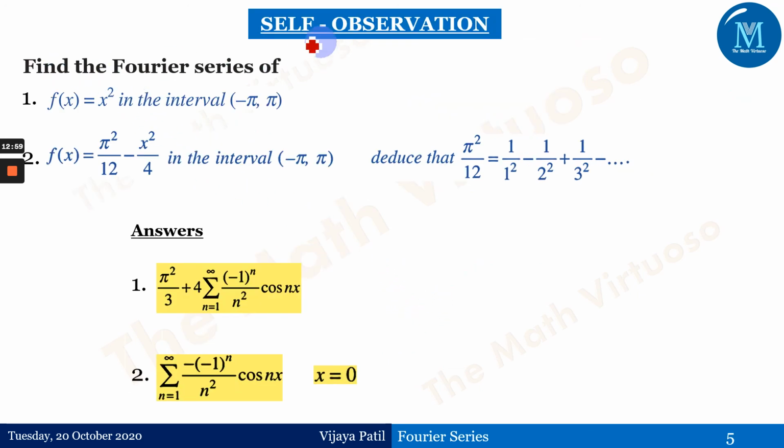Okay, so this is the self-observation slide which has been given to you, that is f of x is x square, which is an extremely simple question, where you have to check whether the function is even or not. I'm not going to give you the answer right now because it's a self-observation. How much you have understood from this particular video, that is the thing you are going to check here. It's pi square. If you have any query, please let me know in the comment section so that I can address it.